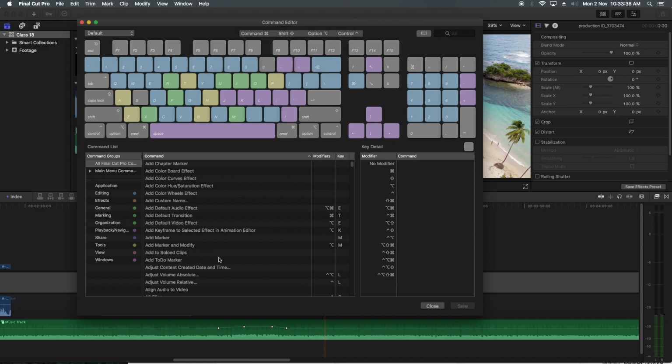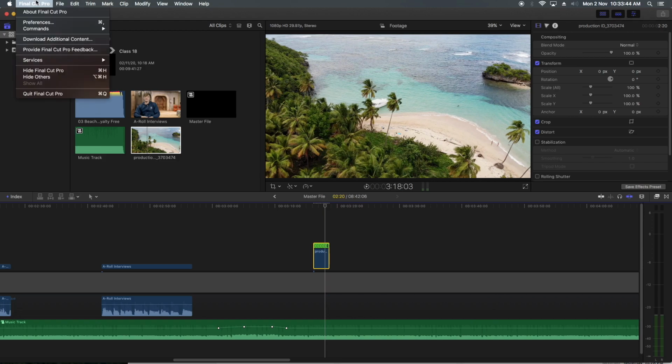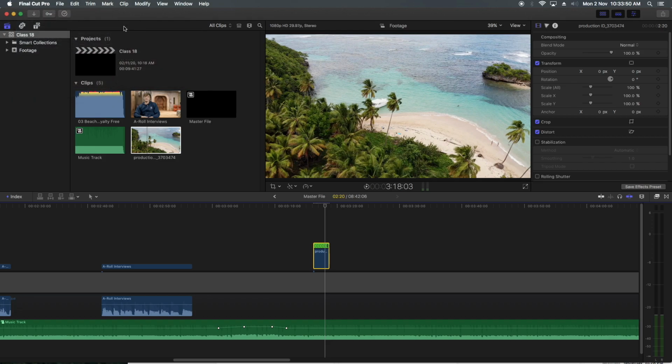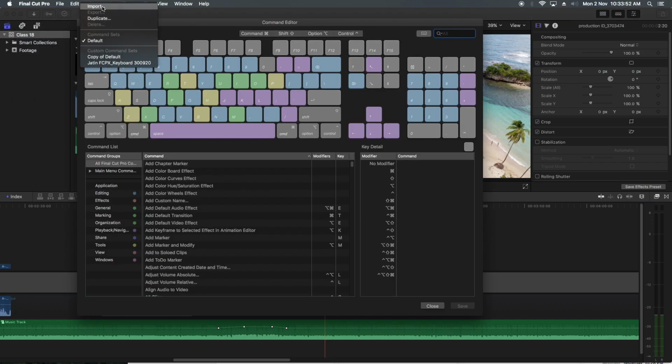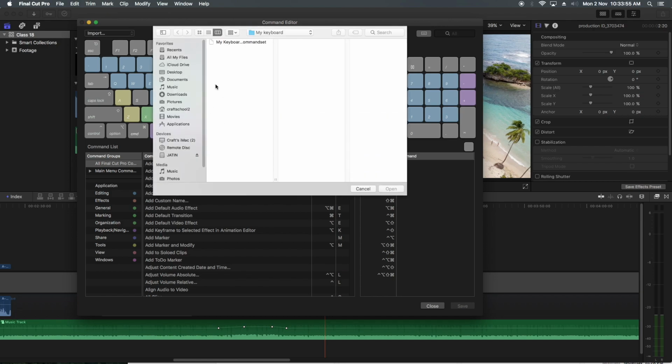Now I want to import that my command set into my system. What I have to do is click on Final Cut Pro, on Commands, on Import, or I can click on Customize, and here I can go to Import. I'll find the command where I have saved it.